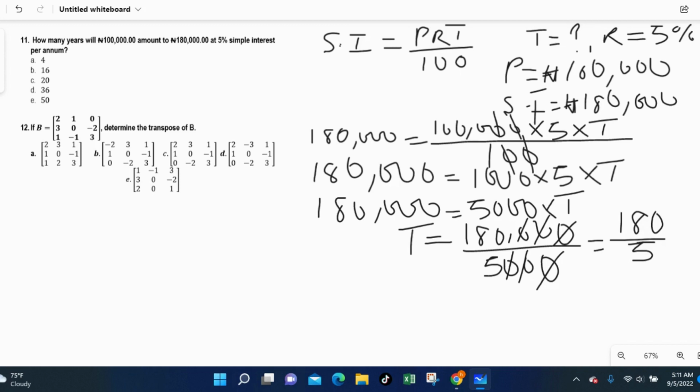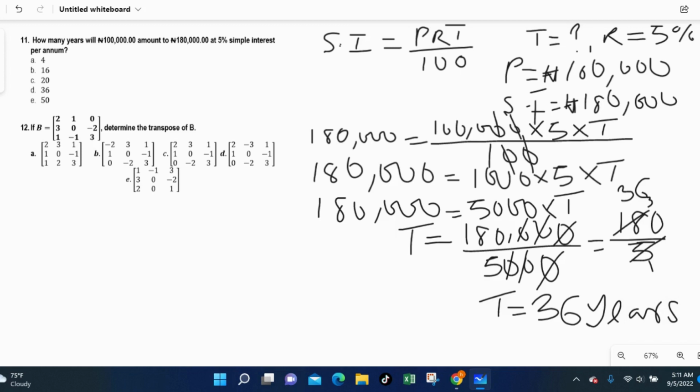So 180 divided by 5, what are we going to get? How many 5s can we get here? 5 into 18 will give us 3, remember 3, and we write it down here. Then the remainder makes it 30. 30 divided by 5 will give us 6. So our time t will now be equal to 36 years. So for us to get that amount from this principal, which is